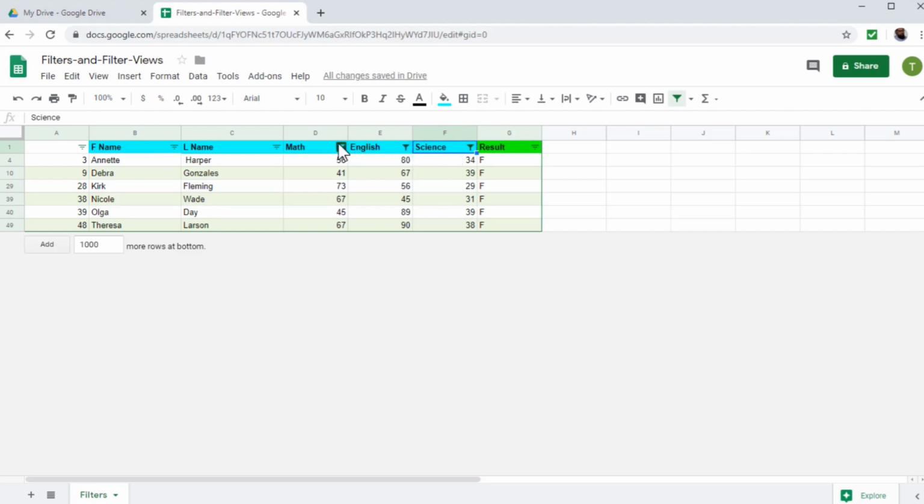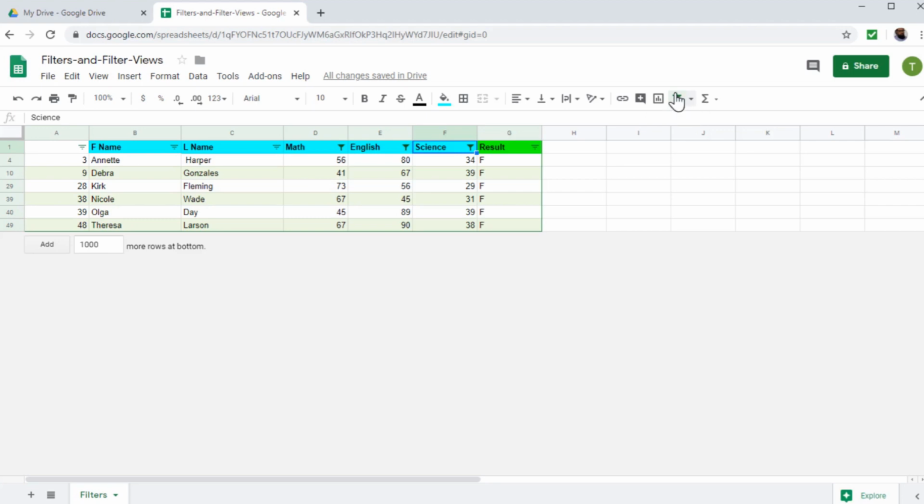He will be able to modify them, and because he is a math teacher, maybe he wants to see the students who have failed in math while passed in English and science. So most probably he will have to modify this filter. So this method of filtering is not very useful in most situations, because even if he wants to see the full spreadsheet, he will have to turn off the filter. For these types of situations, when we are collaborating with team members, we should create our own filter views, and this is what we are going to learn next.